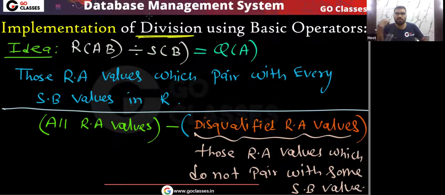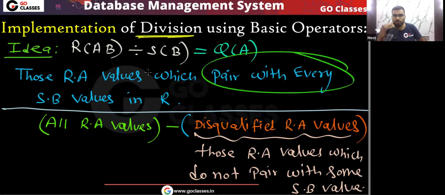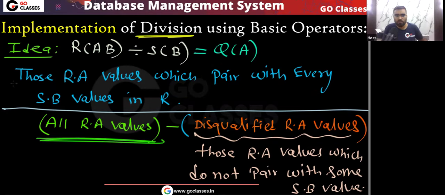Okay. Is this clear? Very simple. I want, remember, R(A,B) divided by S(B). The result will have A values, those R.A values which pair with every S.B value. Okay, yes or no? Now, what I want, remember, from all the R.A values, from all these A values, if